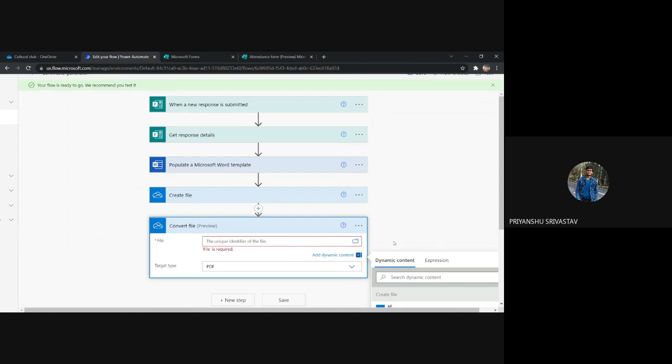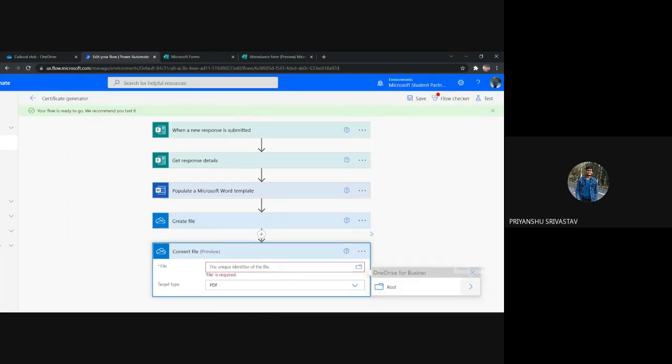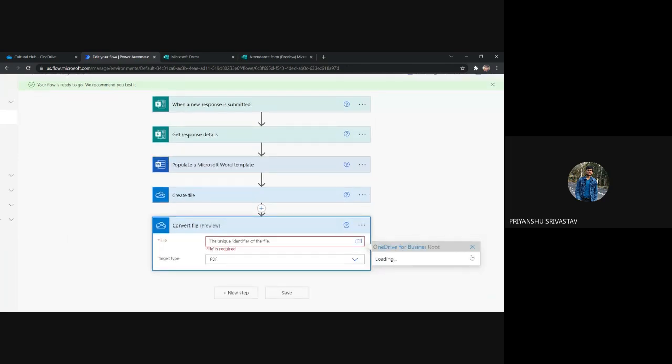For that, we can head over to folder and see if that Word file is there or not. Let me click on apps. Inside apps, we have the folder. Inside that, but it is not opening up. Okay. You can see that I have two files in the Culture Club folder: 12345 Priyanshu, which is the certificate that I had generated as a demo, and this certificate document file, which is basically a template.